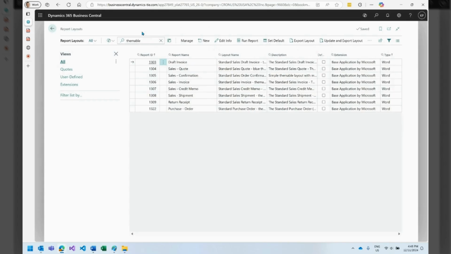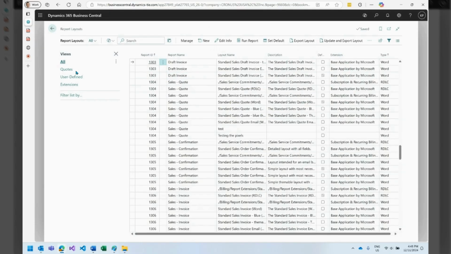in version 2024 release wave 2, we added what we call themable layouts. You can see there's Themable here in the name. And for sales quote, sales confirmation, invoice, and so on, we have added these themable layouts. What are these? Well, let me just